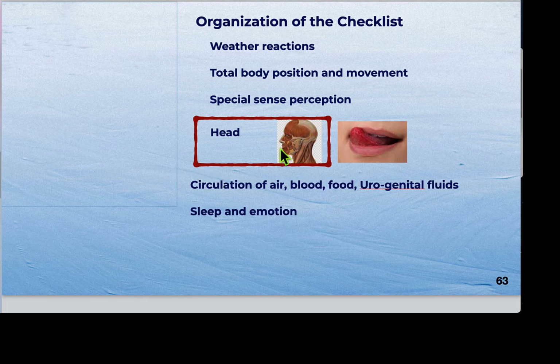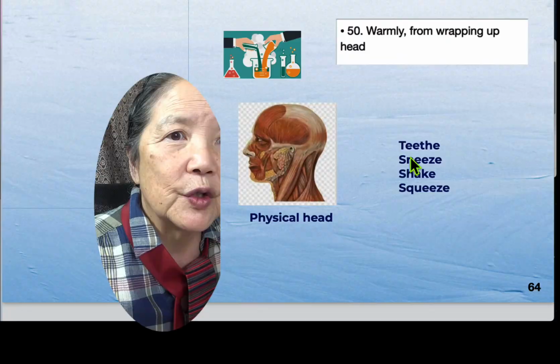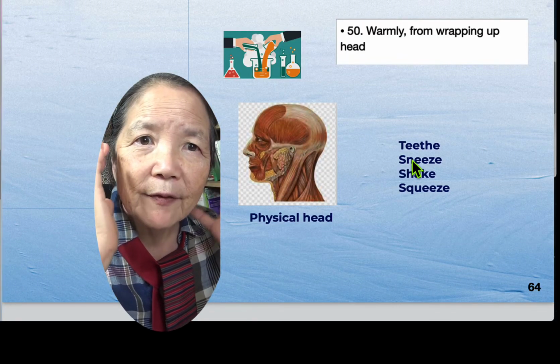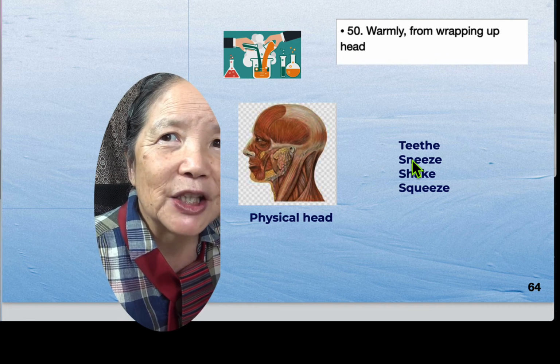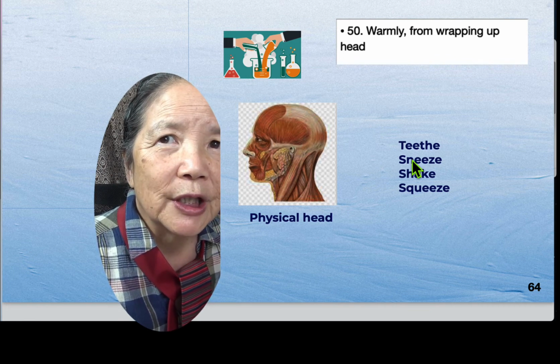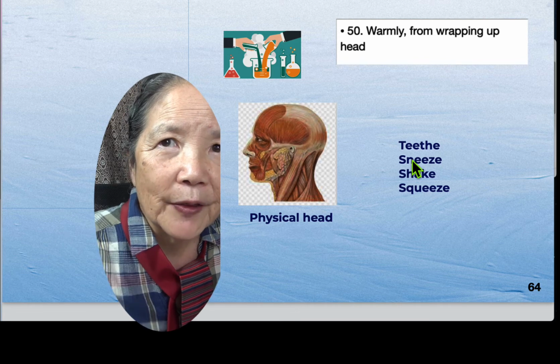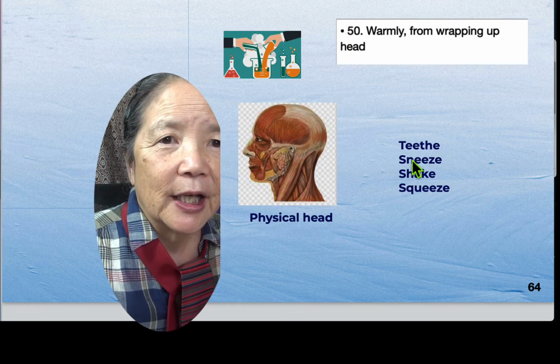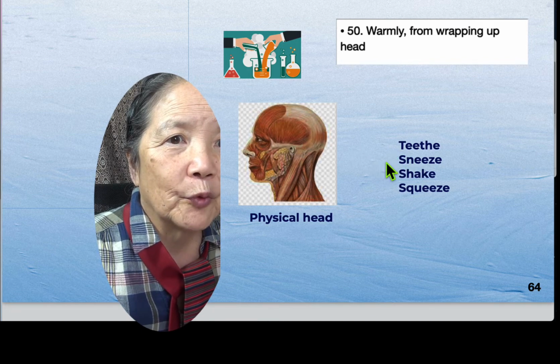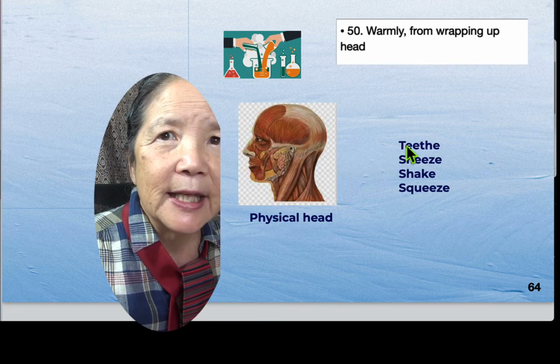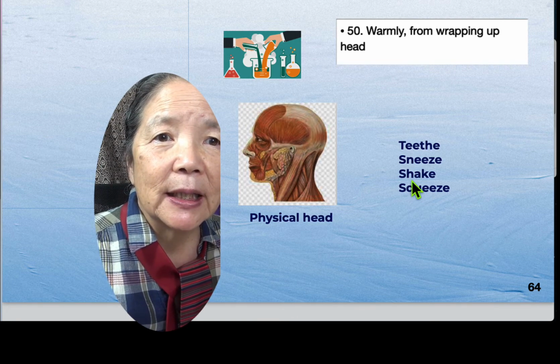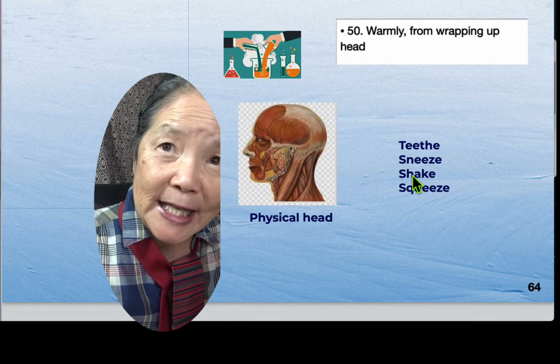So the head is divided between the physical head and what's happening inside the head with the brain, and finally with the mouth. So squeezing of the head is something that happens if you put on this kind of a wrap on your head, or a hat. Teething is the teething of a baby, and sneezing is a kind of